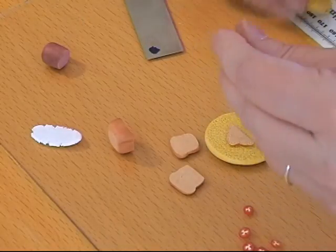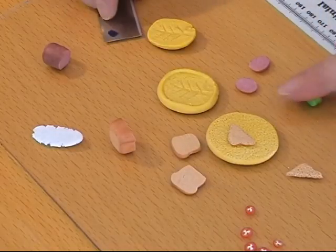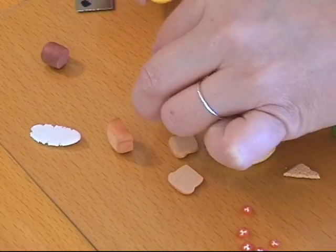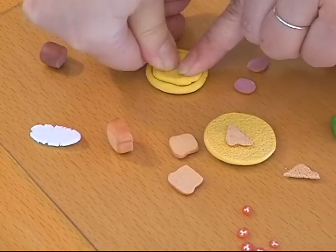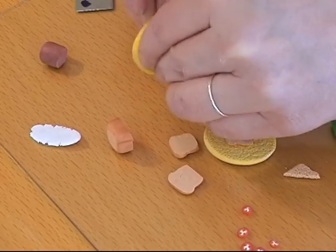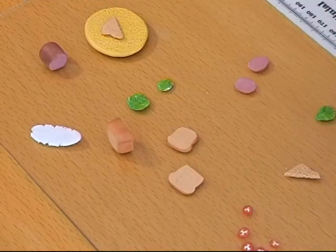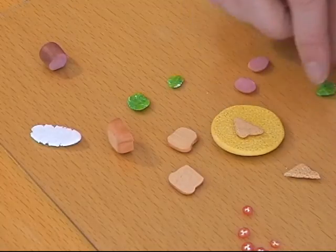So I'm going to take my mold, I have that here, and I'm going to take a squeeze of my green, and I just put it in my mold, and I squeeze it really flat, and I will do that a few times here. My mold is made like a small weave. Good, I have my salad,